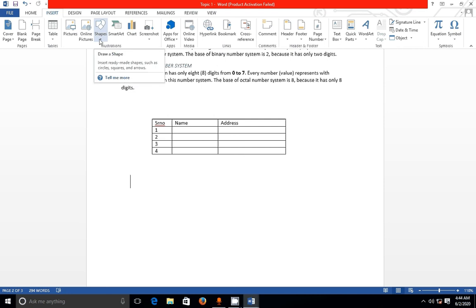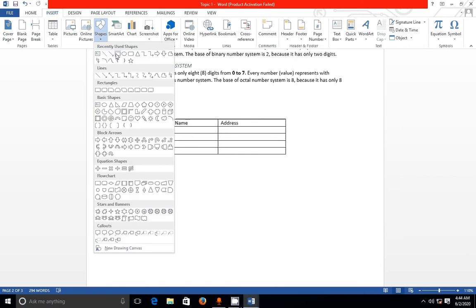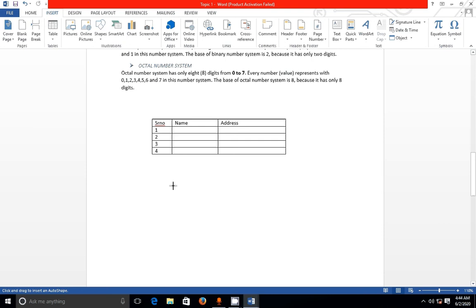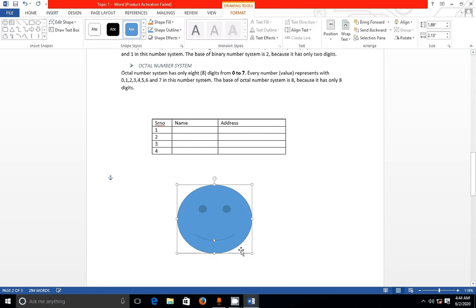the shapes are also there. Suppose I want to add any shape, just click on Shapes, then select any shape. Suppose I want a basic shape like this smiley face, just click on the smiley face, one cursor appears and draw your smiley face.